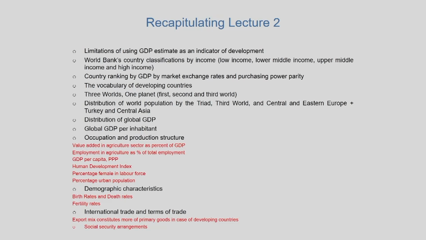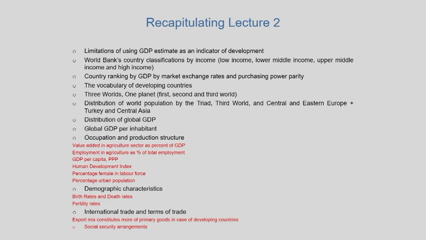of economic development. The second limitation that we saw with respect to GDP estimate is that it does not take into account the environmental damages that get caused due to the production of goods and services. Every production activity has its associated environmental costs, and these environmental costs do not enter as a debit in the valuation exercise of national income accounting. Now, that is not to say that there have been no efforts to incorporate environmental damages in GDP valuation or GNP valuation.